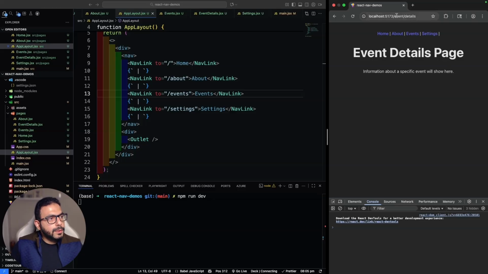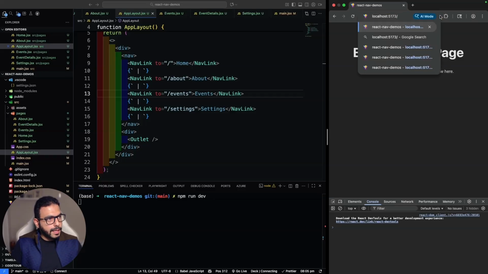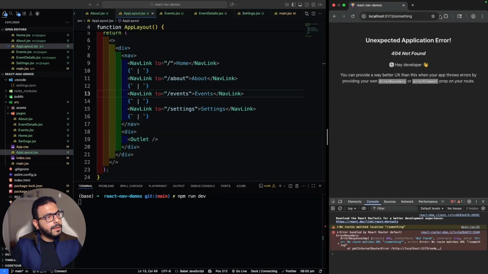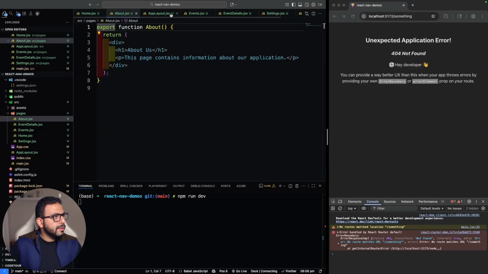Now, what if I try to navigate to a page that does not exist, like something? Right now we get this application failure error that is not being created or developed by us. This is the one that comes out of the box from React Router because we have not properly handled this scenario here. So one of those ways to handle it, and that would be kind of a placeholder for now,